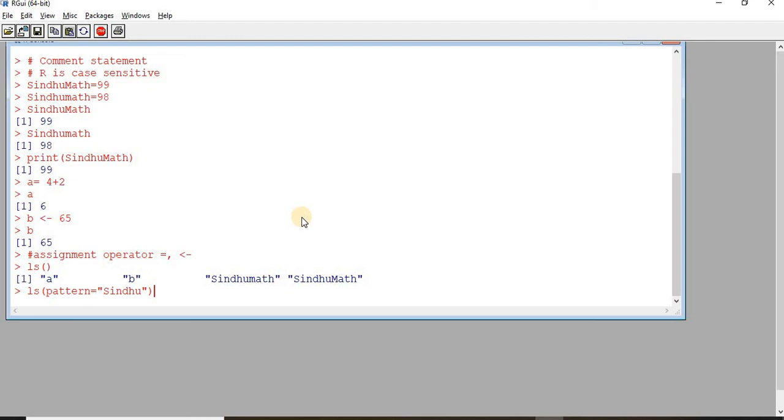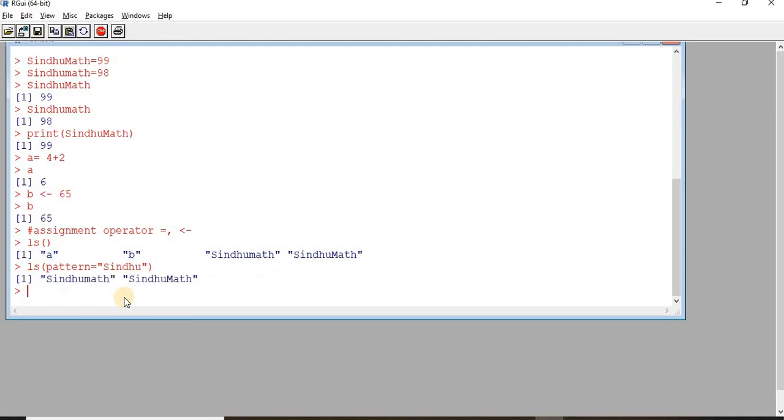In order to retrieve a particular pattern of objects, I can use this attribute pattern is equal to Sindhu. Whichever object has this pattern, Sindhu, will be retrieved. Only that object which has this pattern will be retrieved.